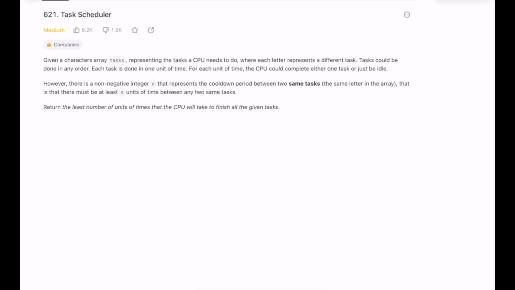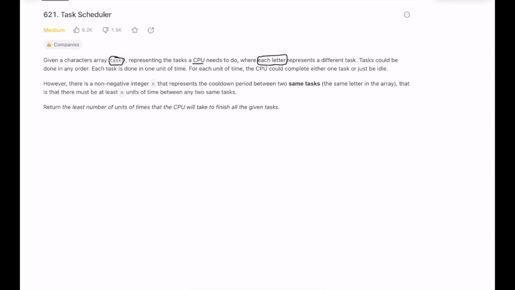Today we are solving the task scheduler problem. This problem statement is kind of dense, so I will try to note down some of the key points in the problem statement. Given a character array tasks representing the tasks a CPU needs to do, where each letter